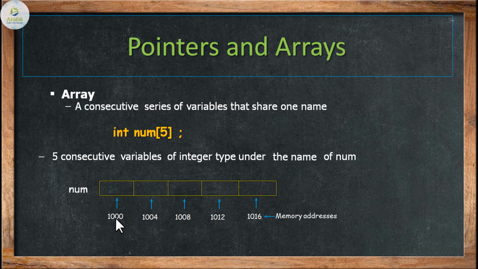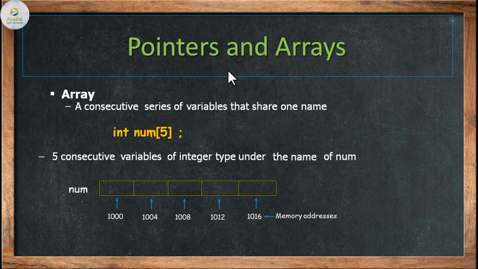So why is there a difference of 4 between one place and another? Because an integer occupies 4 bytes of memory space. So 1000 will be shifted by 4 bytes of memory space. Start counting from 1000: 1000, 1001, 1002, 1003 make 4 bytes of memory space. The next block will be 1004. From 1004 start counting, and the next memory block will be 1008. So 1004 to 1007 we will have the memory block. We have understood this in the previous classes also.